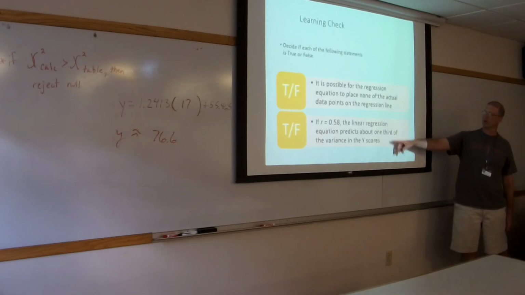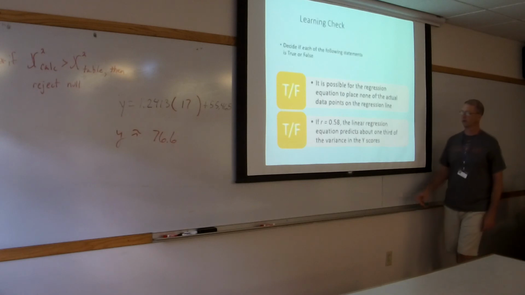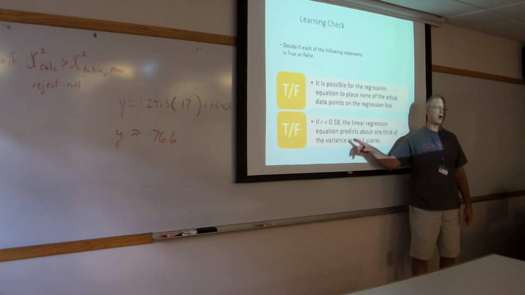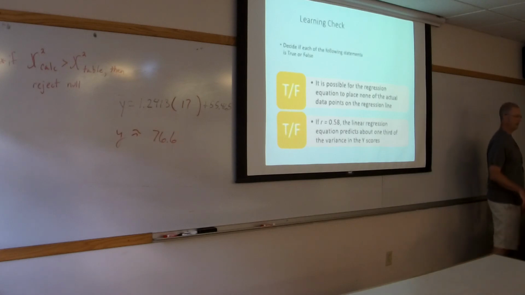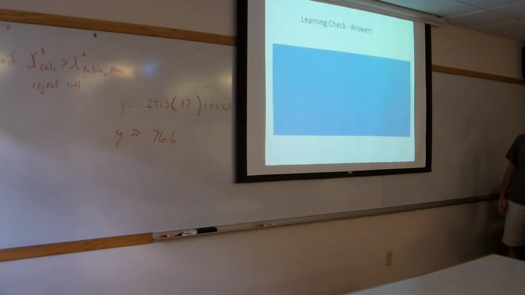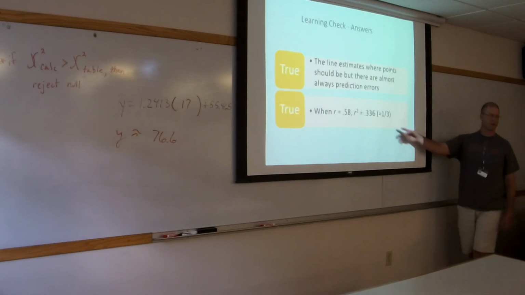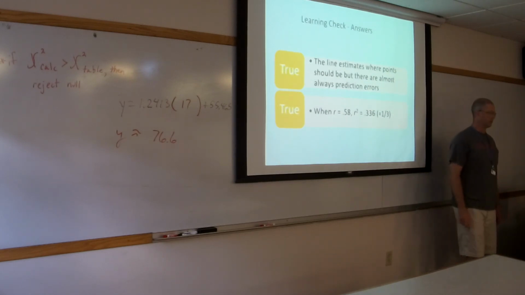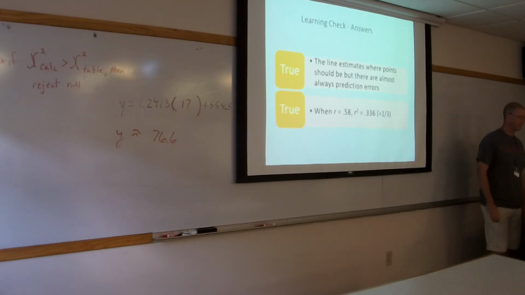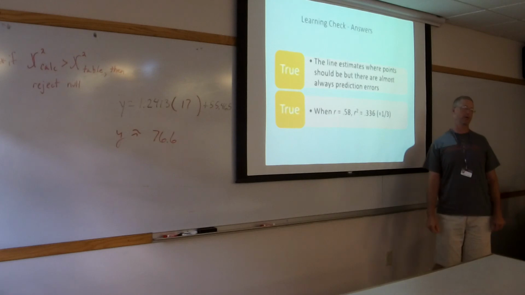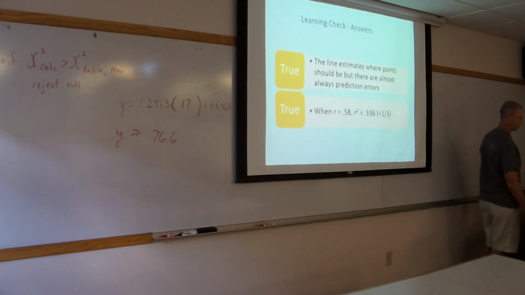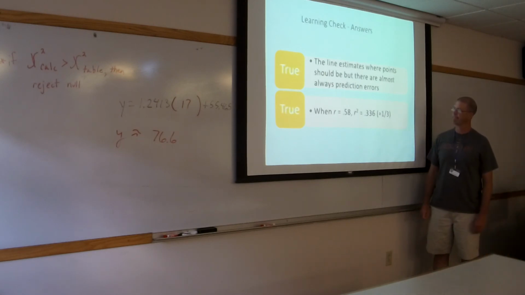This one's a little bit tricky, okay? So remember that R is the relationship, but the shared variance is R squared. So if you square 0.58, it's about 0.6. If you square that, you get 0.36. So it is about a third. Okay? We're not setting you up to try to trick you with true false questions about R. This is just a little check that came with it. Is the R squared the true predictor of percentages then? It's a predictor of the probability